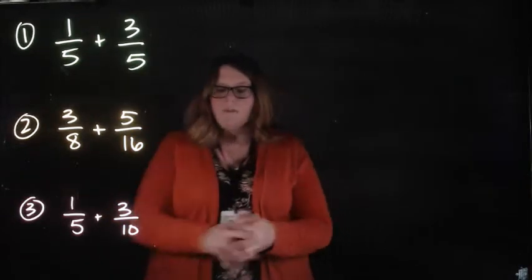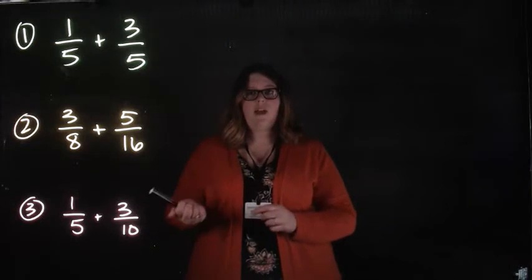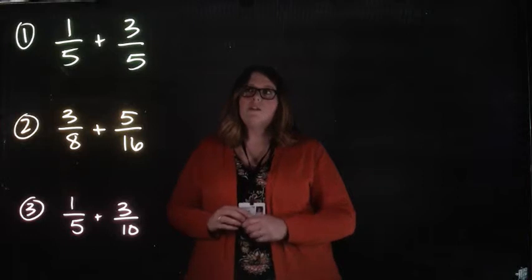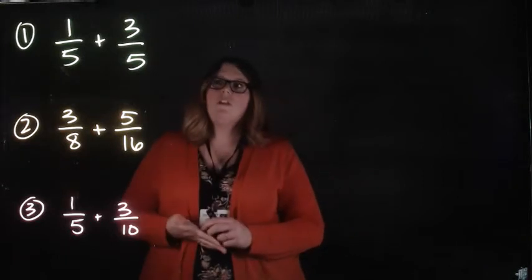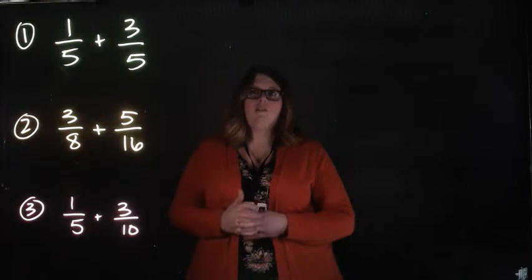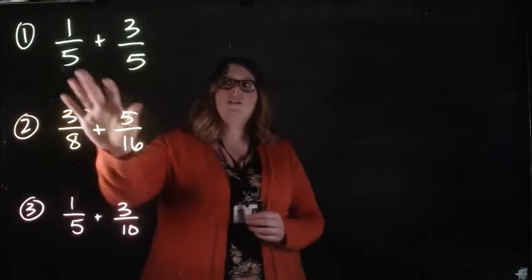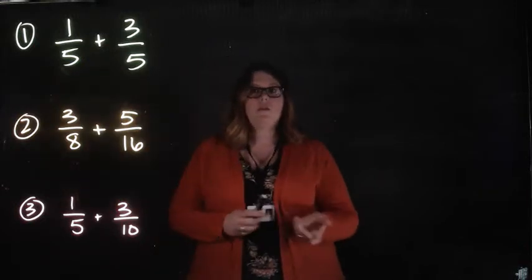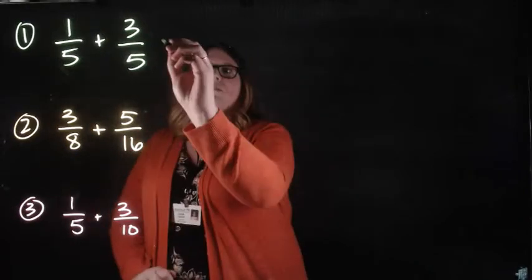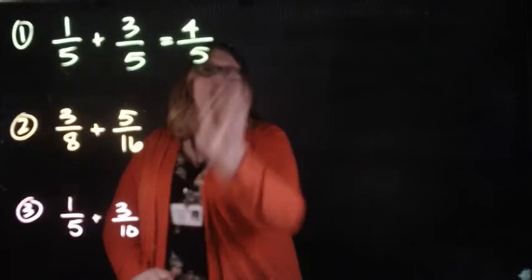Okay, before we start adding and subtracting rational expressions, let's review how to add or subtract rational numbers. So to start here, I have 1/5 plus 3/5. If we recall, when we add or subtract fractions, we have to have the same denominator. In this case, we have our 5, so we're good there. So what we can do is add our numerators. So 1/5 plus 3/5 is simply 1 plus 3 gives us our 4, and our denominator would stay the same,